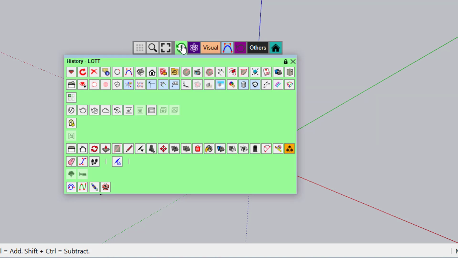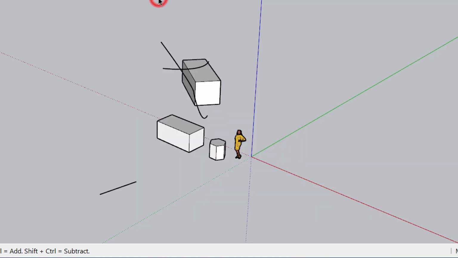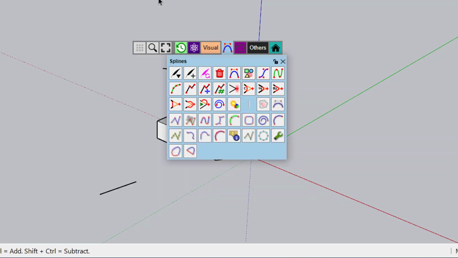Okay, so if I exit, so you exit the pop-up mode by clicking elsewhere or by pressing escape, and of course by selecting a command. So now if I type V followed by S, I go directly to the spline palette. So somehow this gives you shortcuts based on 2 keys or 3 keys for calling a palette directly.